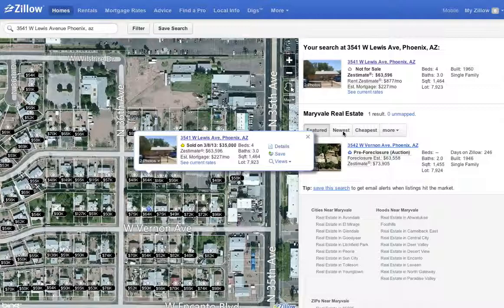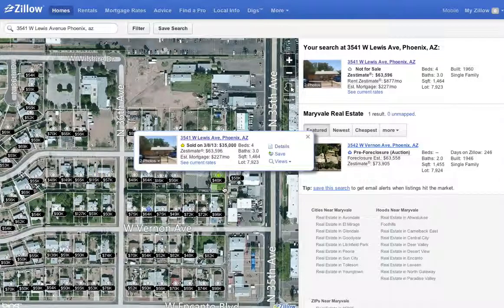So once we put in our address, it's going to bring up our property. And it's going to show kind of the grid map, the other properties around it. It's going to highlight our property here where it fits on the grid map. This is great. You can just briefly take a look here. It shows the value of the property based on the Zestimate. The Zestimate is Zillow's estimate of a value based on their own calculations and algorithms. So you can look and see what the Zestimate of this home is and just look around at comparable